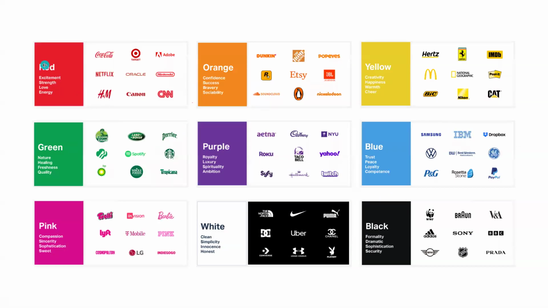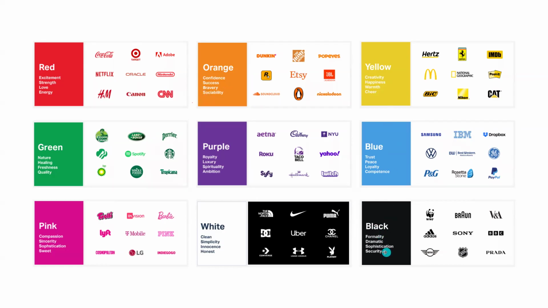If you look at red, red color defines excitement, strength, love, and energy. These are the brands who used red color as their main colors, and H&M is a fashion brand. If you look at orange, it creates confidence, success, bravery, sociability.